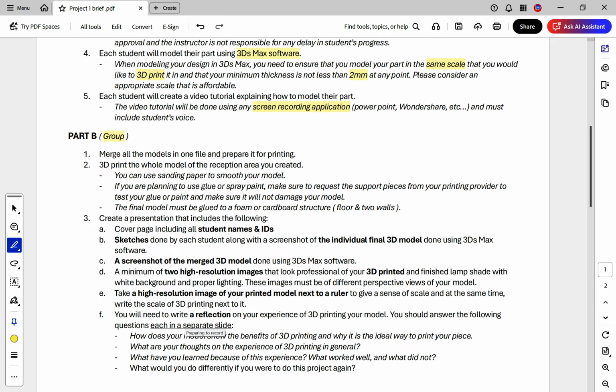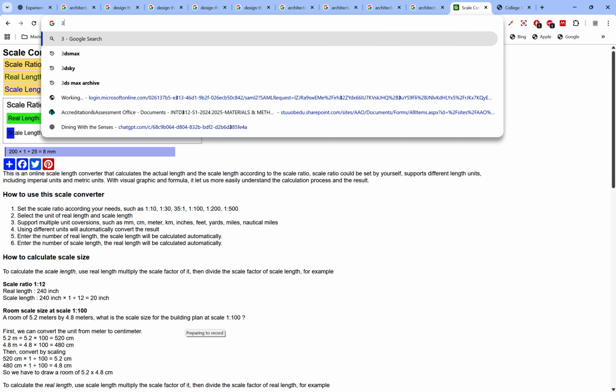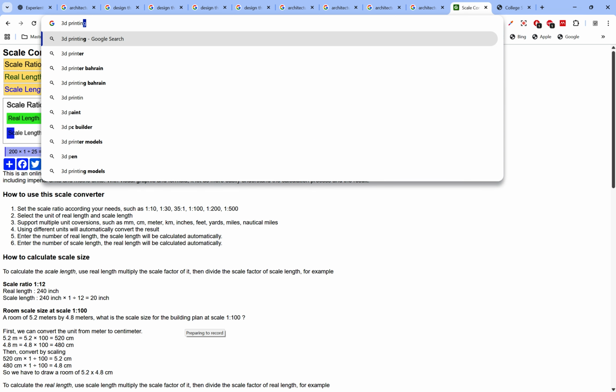So you are going as a group to print one model. Then you're going to 3D print the whole model of the reception area you created. You can use sanding paper to smooth your model. If you are planning to use glue or spray paint, make sure to request the support pieces from your printing provider. Now, before I continue, I'm just going to show you what 3D printing is, basically, so you can understand